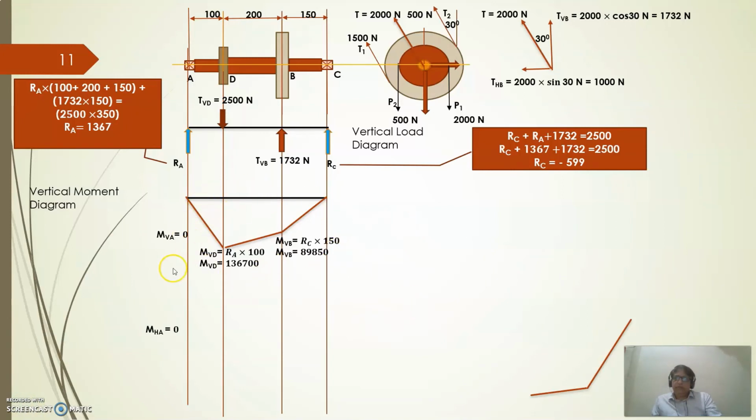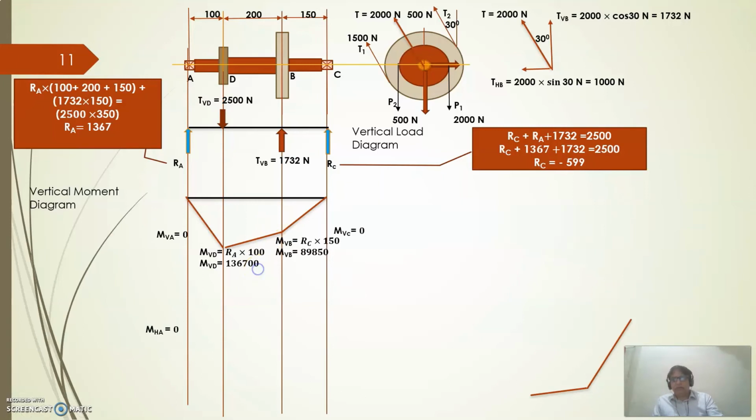So we can draw the vertical load diagram, moment diagram. MV at A is 0 here, and MV at D is nothing but you can take the left side, this is only one reaction, whereas the right side you will have two forces. So it is better to consider only this RA into this. And similarly at point B, instead of going for the left side, you can take the right side, RC into 150. So doing that, I can get the vertical moment at A, D, B, and C.